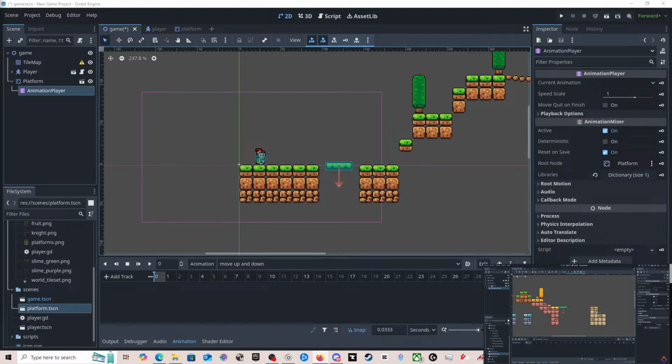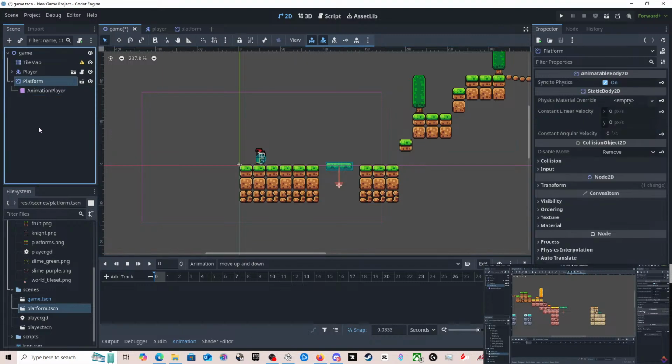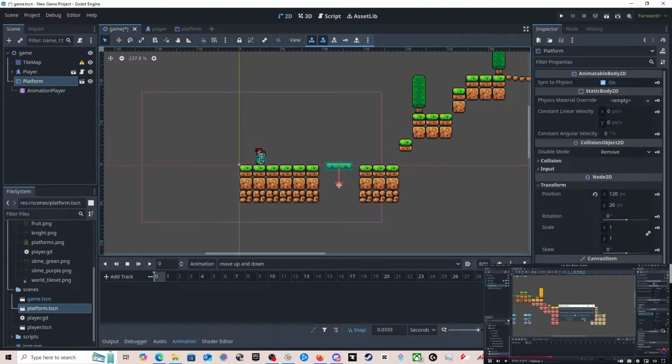We want to go to our platform and make a keyframe under transform for the position. So I'll hit the key right here and hit create.